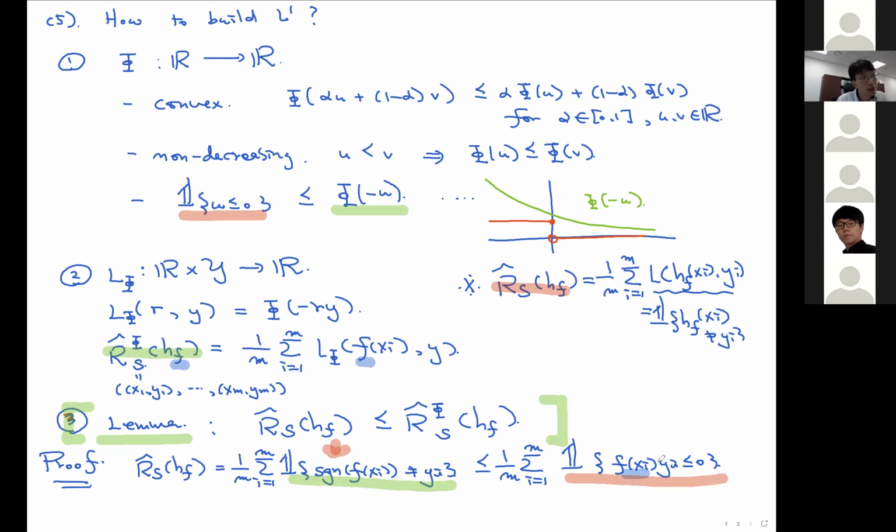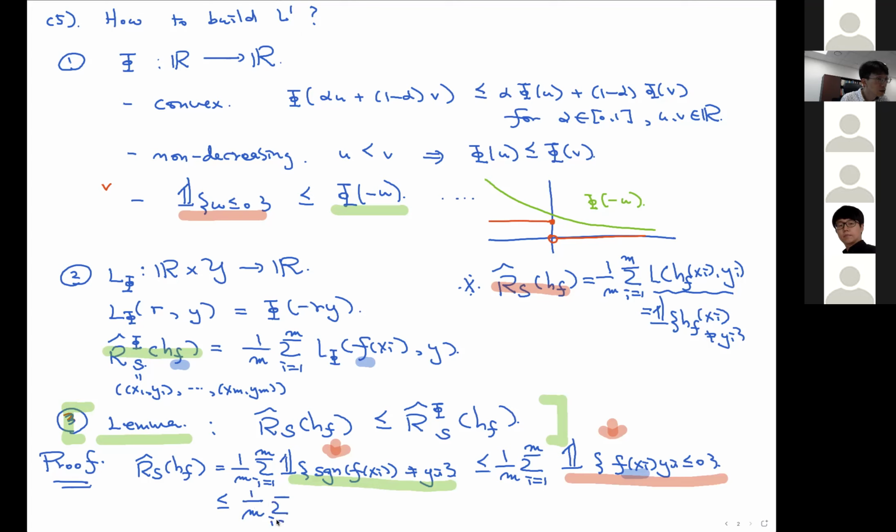Now, when f of xi is equal to 0, the right-hand side will always have a value 1, and the left-hand side has a value either 0 or 1, so it's going to be an upper bound. So modulo the 0 case, the right-hand side is a pretty good approximation of what's happening on the left-hand side. Now, after this, we can use the inequality that I mentioned above, and then we can get the next step, which is 1 over m